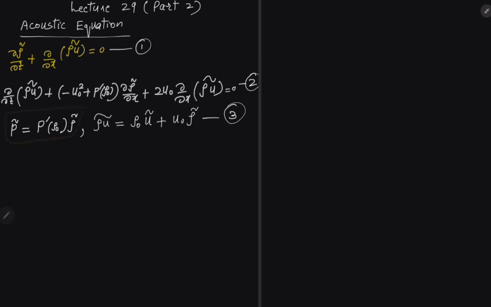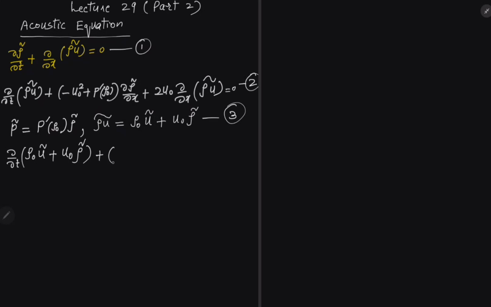What we do is put the values in for rho u tilde first. So we get partial by partial t of rho u tilde, which is rho naught u tilde plus u naught rho tilde. I put this value into this term of the equation,